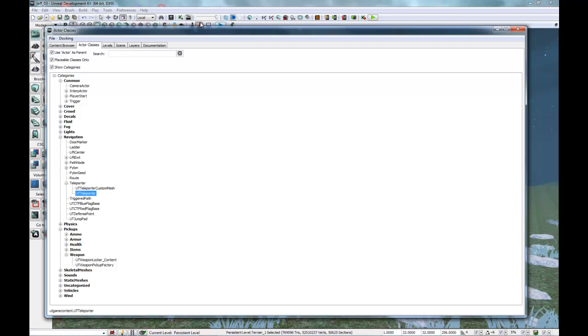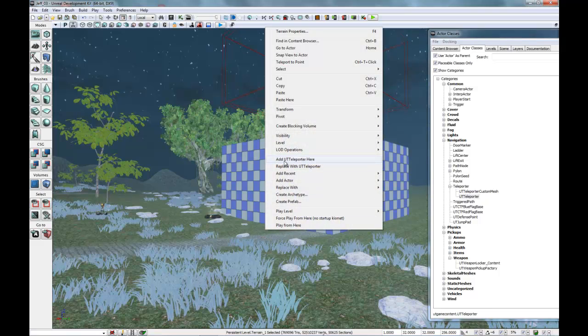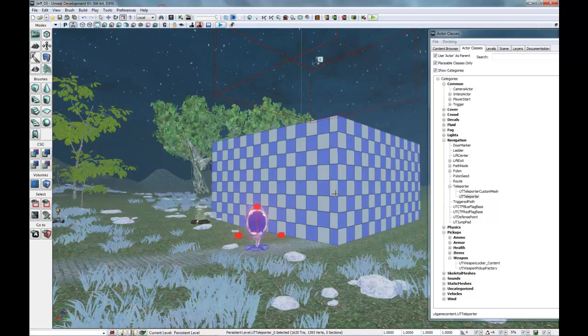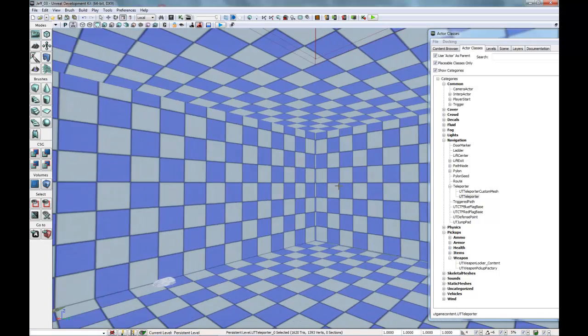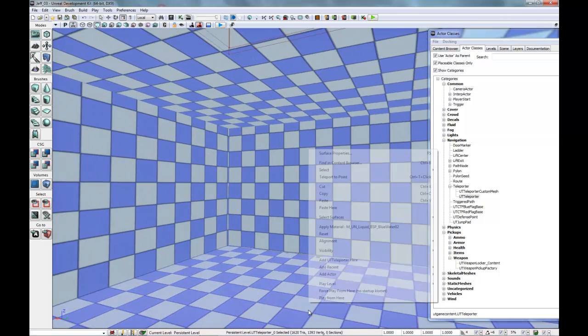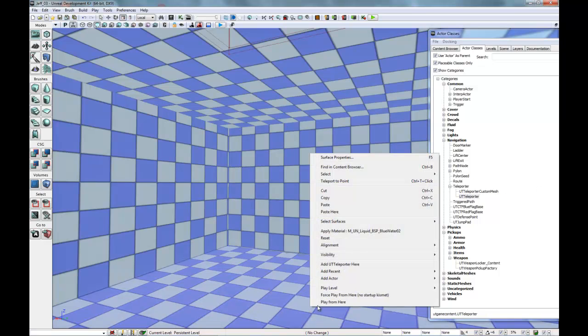Click on teleporter. Okay, and we want to go from the outside to the inside. So let's say we are right out here, and let's right click over here and add UDK teleporter here. Okay, you want to go on the inside, and right in the middle, let's click on teleporter again. So right click over this and